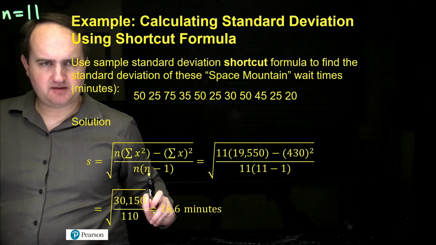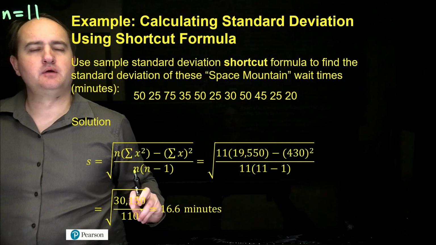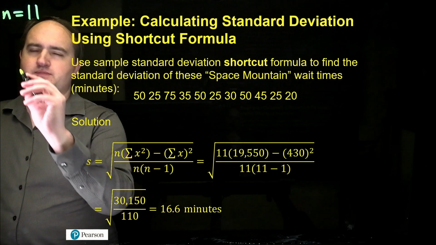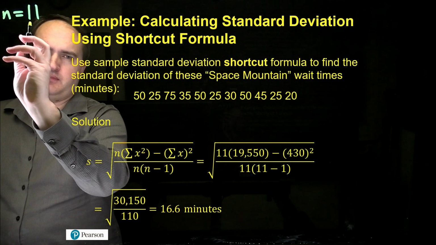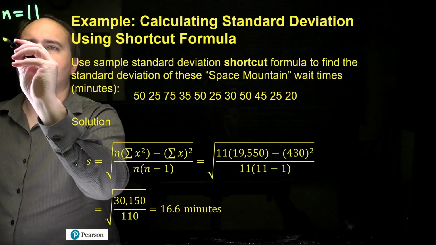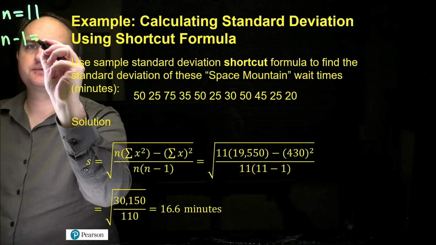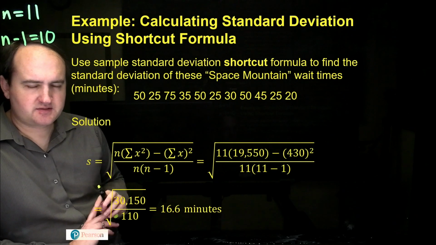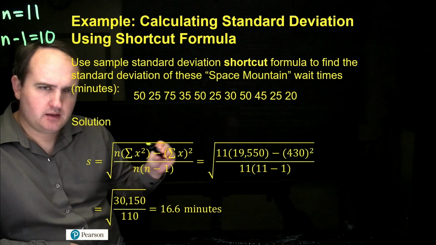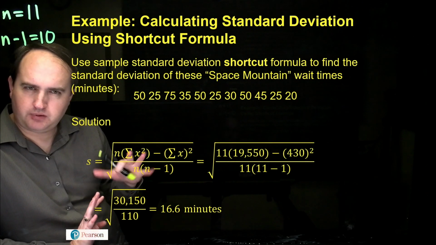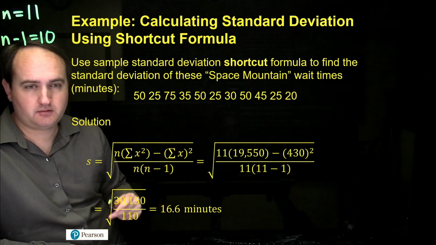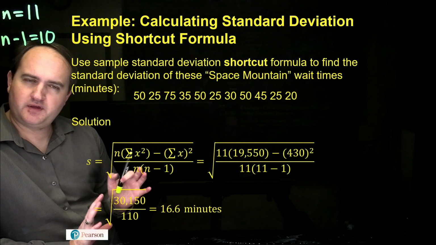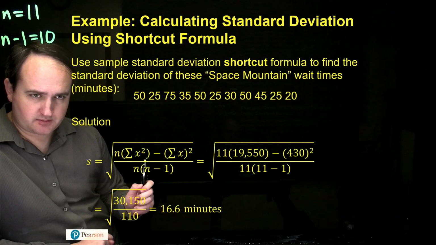The other thing we need is n minus 1 down here. So in our denominator, we can see that we have n times n minus 1. We've already talked about n minus 1. Here it's going to be 11 minus 1, which is 10. So here n minus 1 equals 10. Okay, those are the easy things to understand. We have a square root, but we're not going to actually plug in the square root into our calculator until the end here. Okay, so now let's focus on the intimidating part of the formula, which is this right here